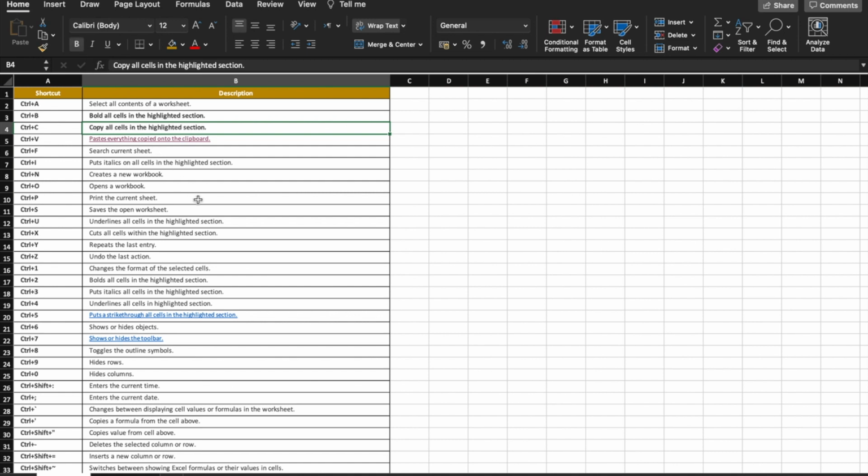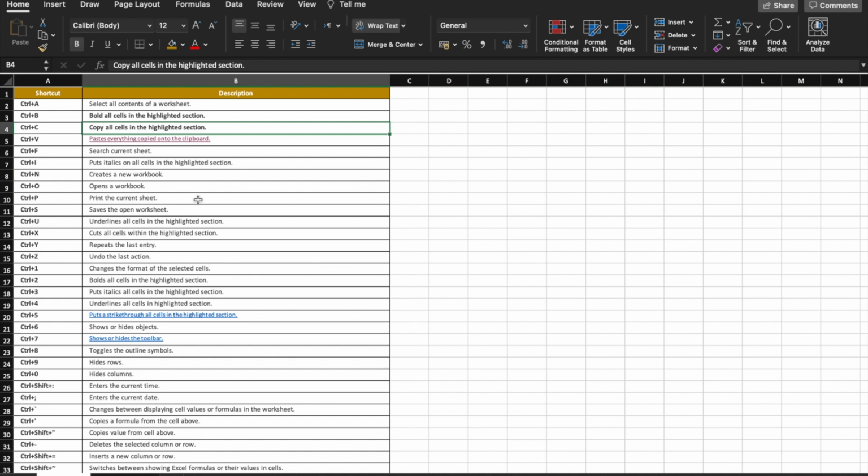And third, Control C and Control V. Control C is copy and Control V is paste. Most people know that one. First select the column you want to copy, use Control C to copy, and paste where we want to paste that item. Select the column and paste. Control F means find. It is used to search a column or find any number or content value.